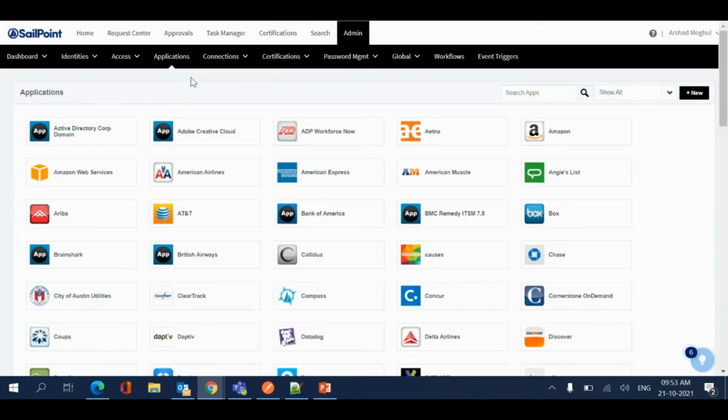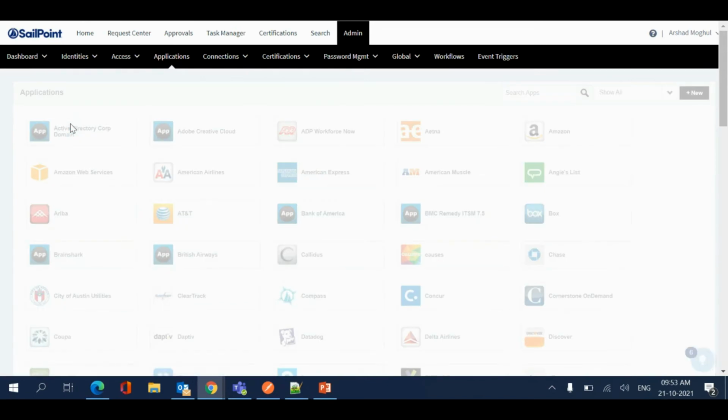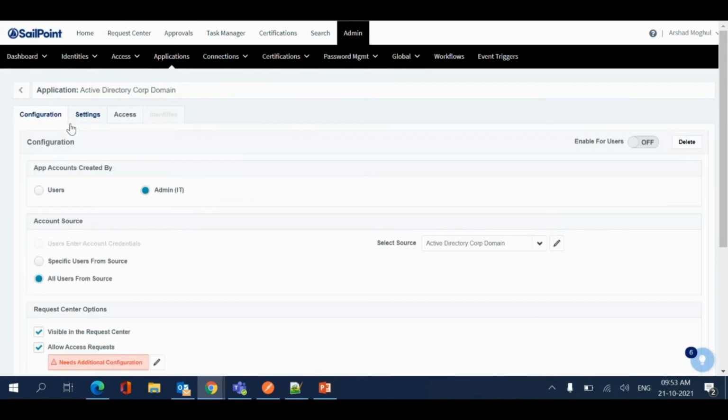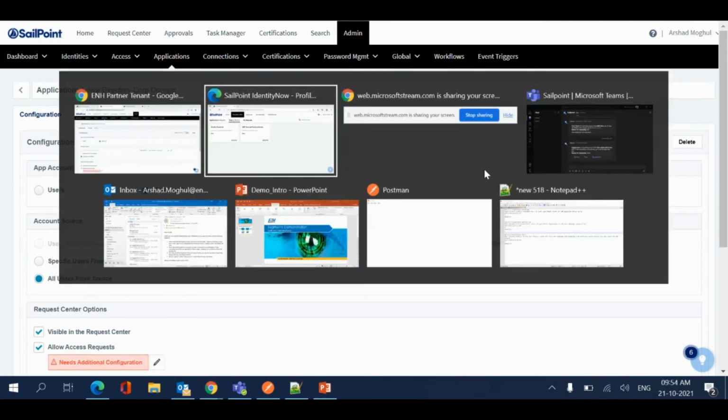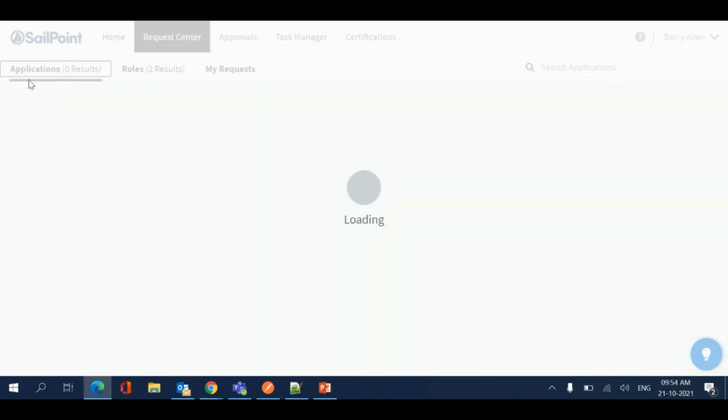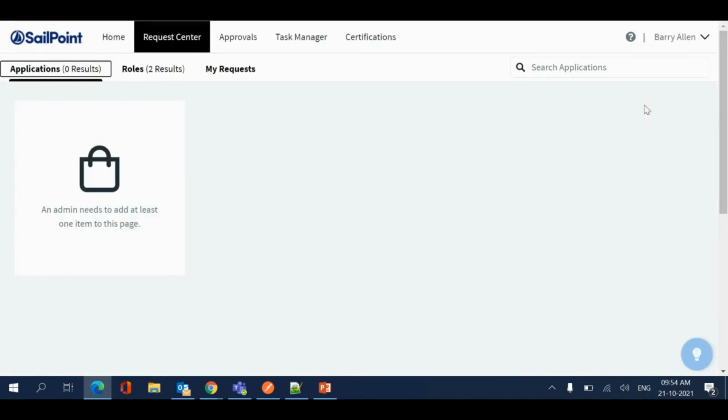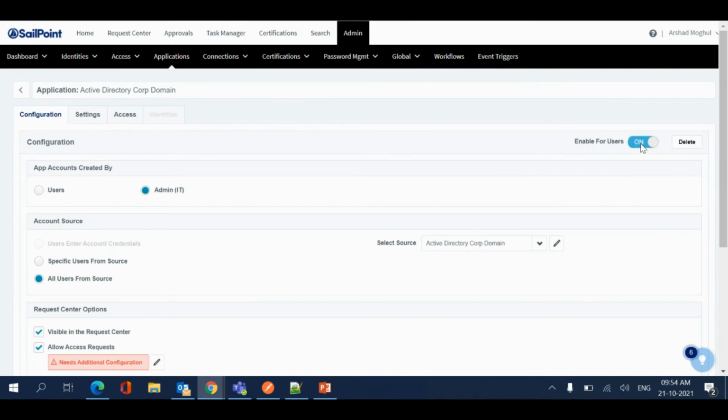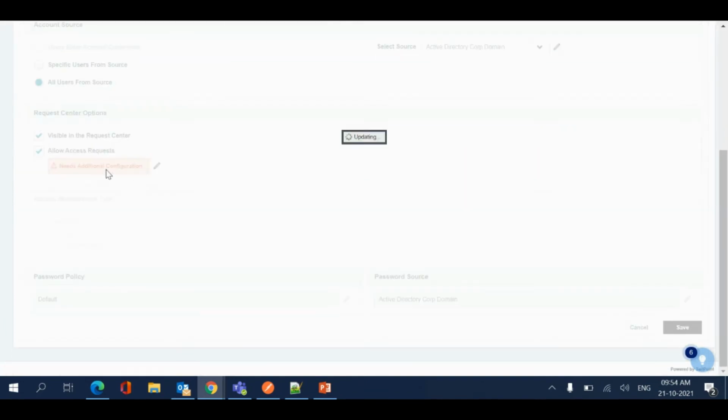So I already have an application configured with the basic information. If you see, this is an application which is configured for my AD corp domain source, right? I'll enable this for the end user. And before I enable this, let me quickly show that the applications tab for the end users is 0. I'll enable this application under the configuration, click on save,